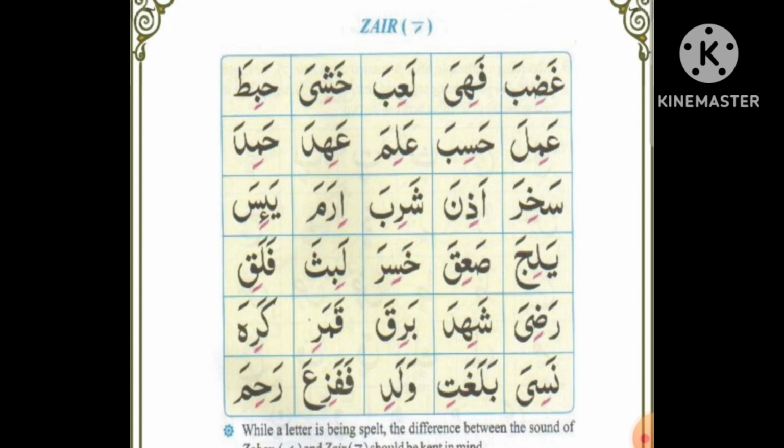nasiya. Then you have, I am doing the hijjah of this because this is a 4-letter word. Ba zabar ba, lam zabar la, bala, ghain zabar gha, balagha, ta zair ti, balaghati, waladi, fafazi'a,